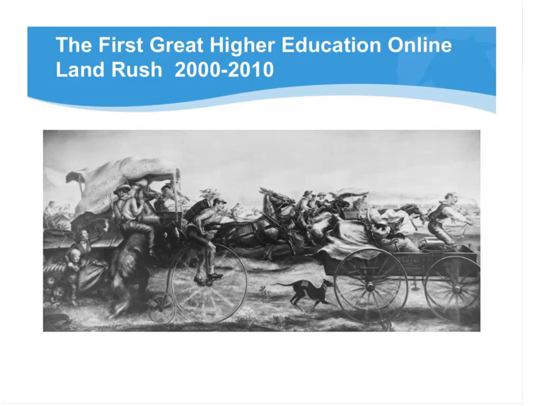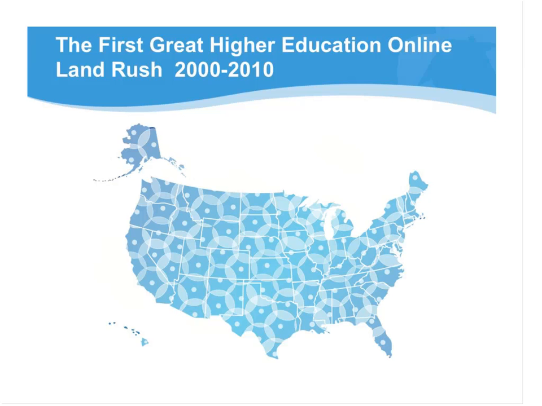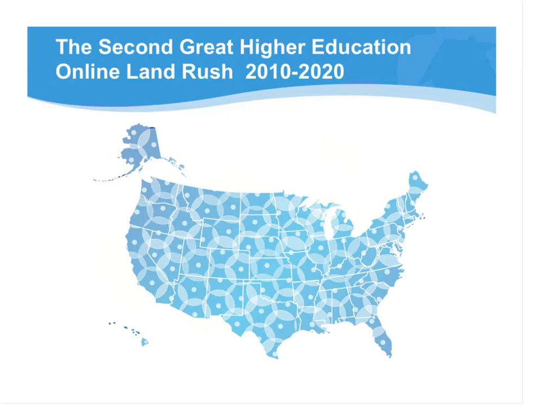I think we're in this second stage, the second decade of this land rush into online programs, but now it's not a national issue where you have large universities like University of Phoenix or Capella or DeVry or University of Maryland University College working across the whole U.S. What we see is a lot of regional competition, so to speak. And the question is who's going to dominate or who's going to own the largest market share of these smaller